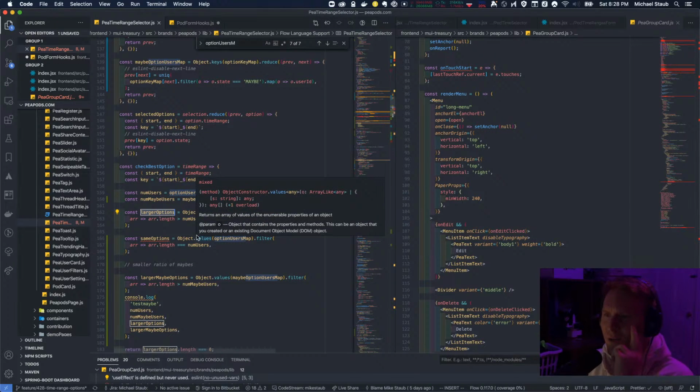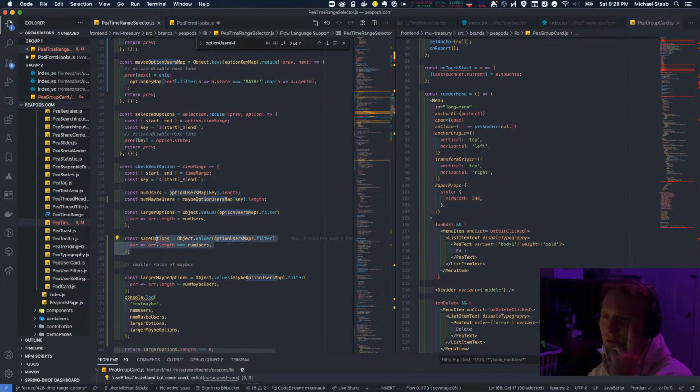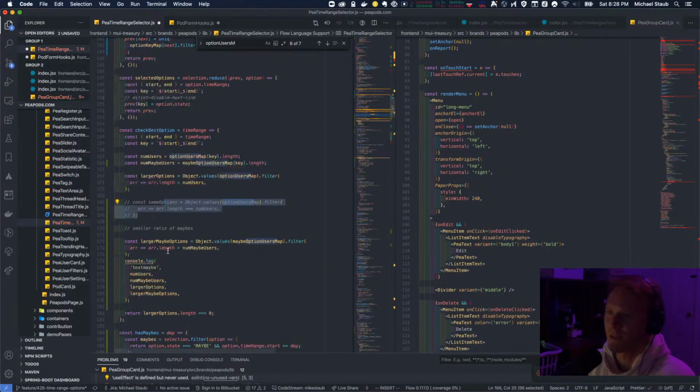I don't know. I honestly don't know why it's working now, because this wasn't working. Yeah, maybe you're right. Maybe it just didn't refresh. Larger maybe options. Basically, if there's something that has a larger option, meaning that there exists something that has more than num users. Oh, actually,